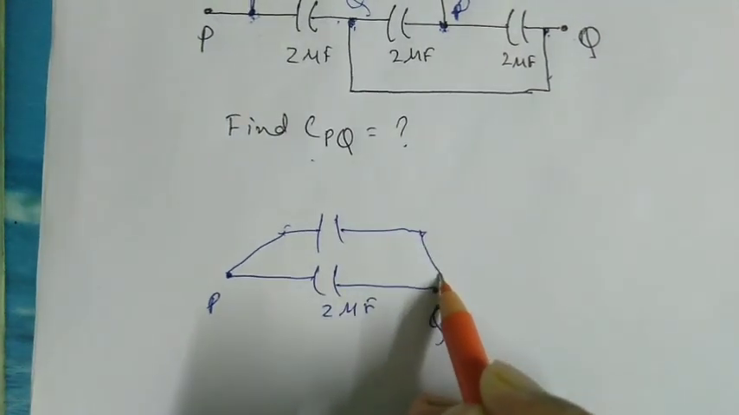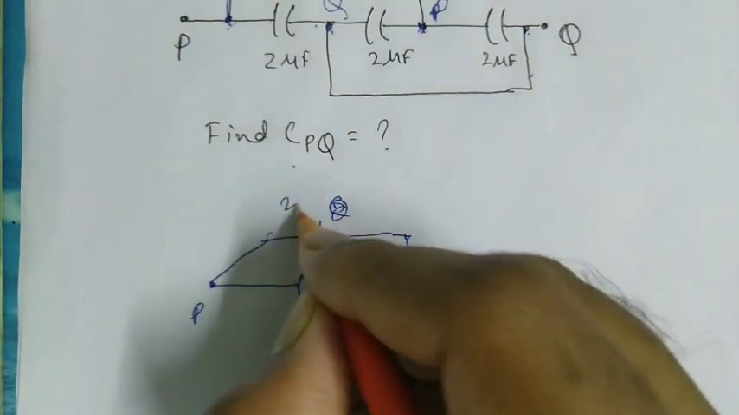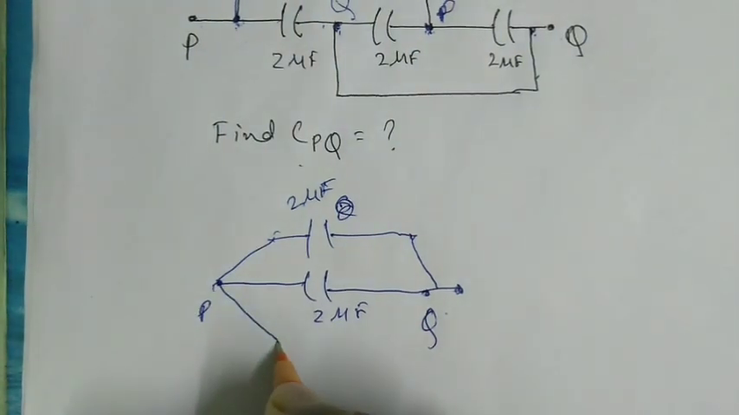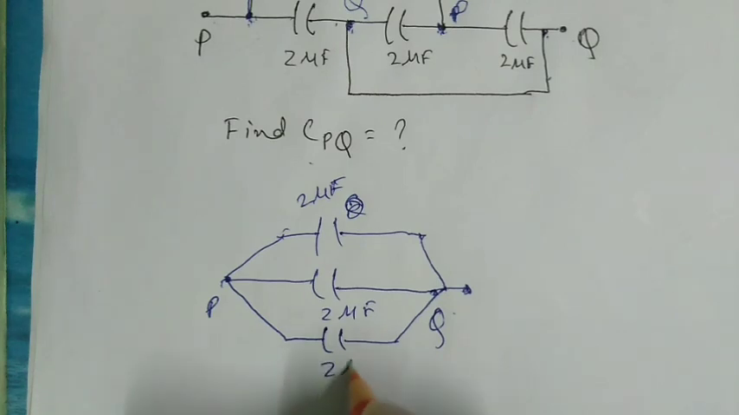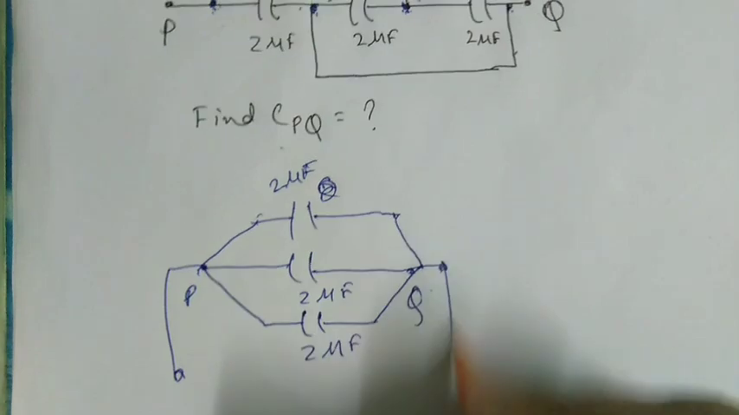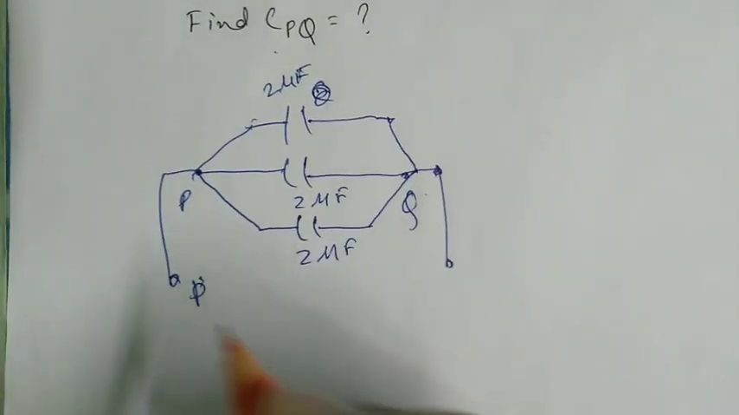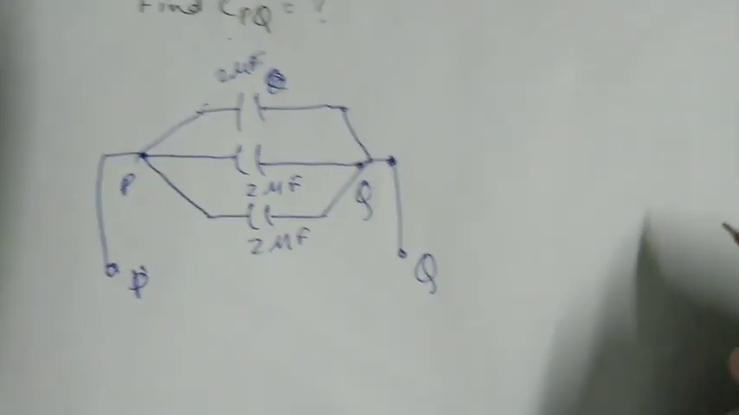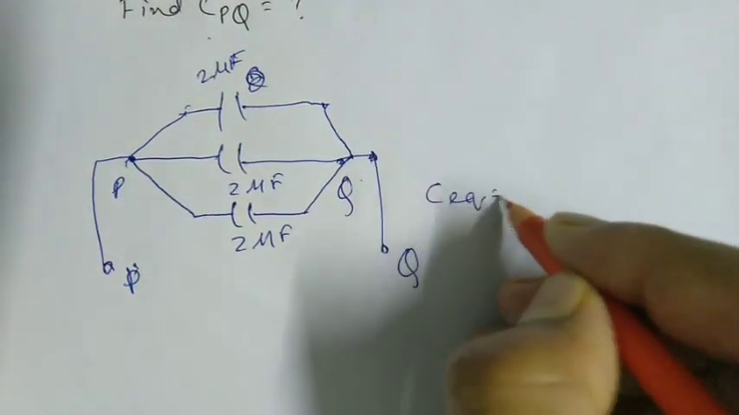Okay, actually C, 2 microfarad, and between this there is one capacitor of 2 microfarad. Okay, so this is P terminal, this is Q terminal. Okay, this is P and this is Q. So what is the equivalent capacitance? C eq is equal to,